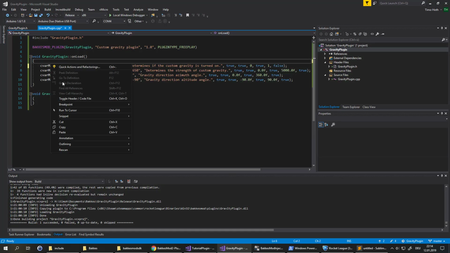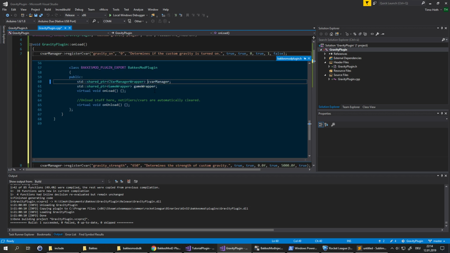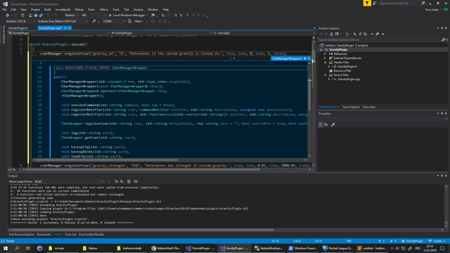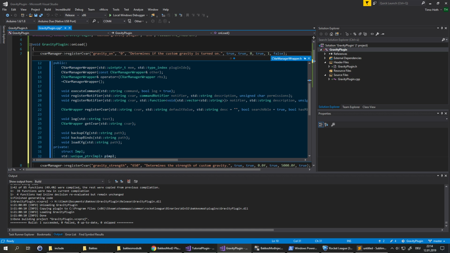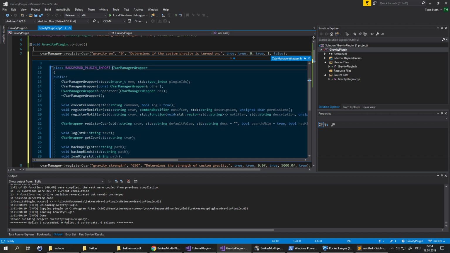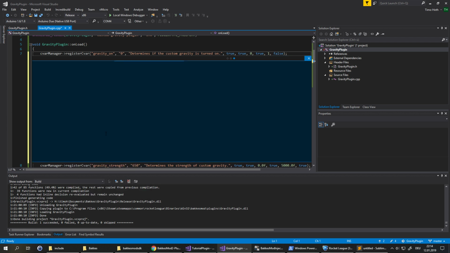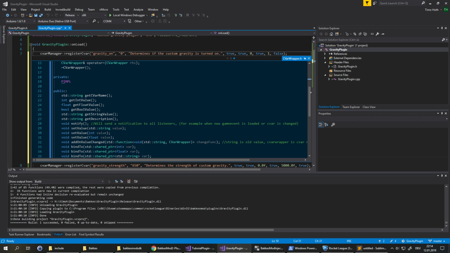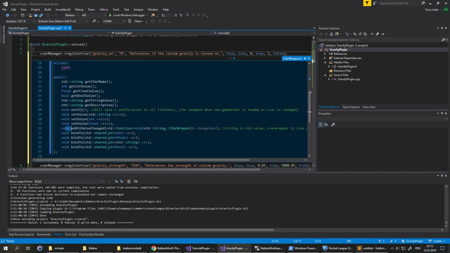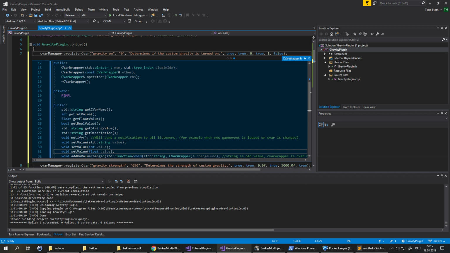Let's take a look at the cVar manager. See if we can figure it out ourselves. Okay, cVar manager wrapper. We have register notifier, register cVar, which returns a cVar. And what can a cVar do? We can go, exactly, this is what I'm looking for. I'm looking for add-on value changed. So if a player changes the value of the cVar,